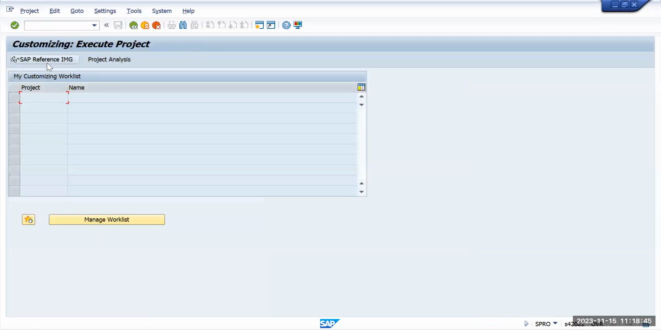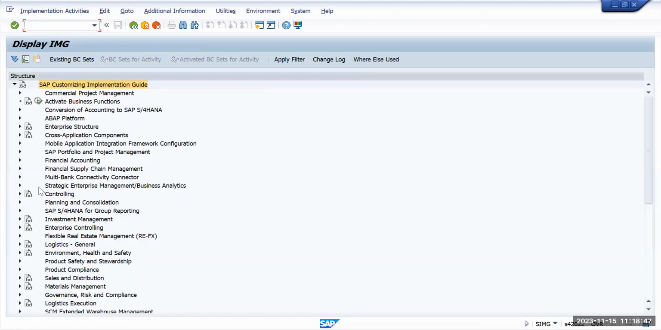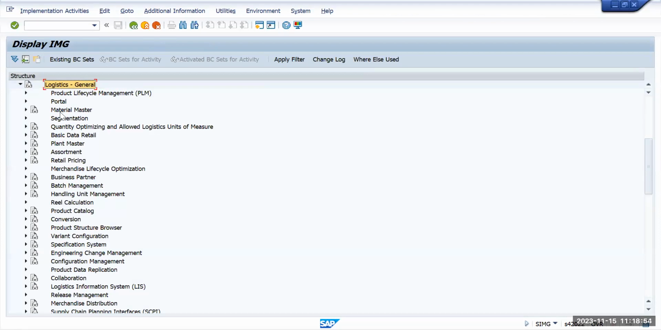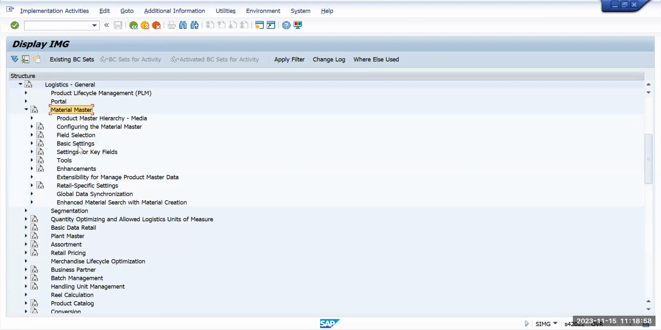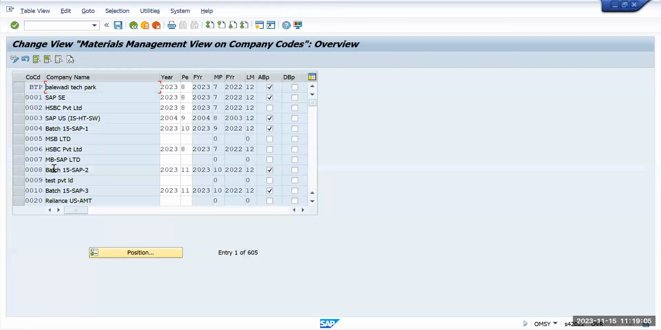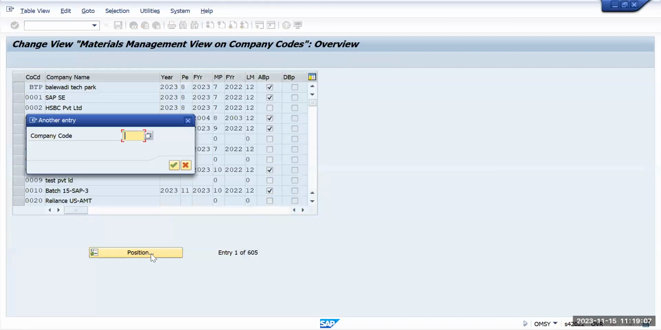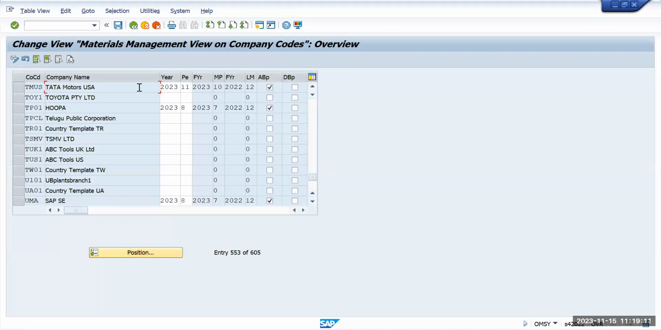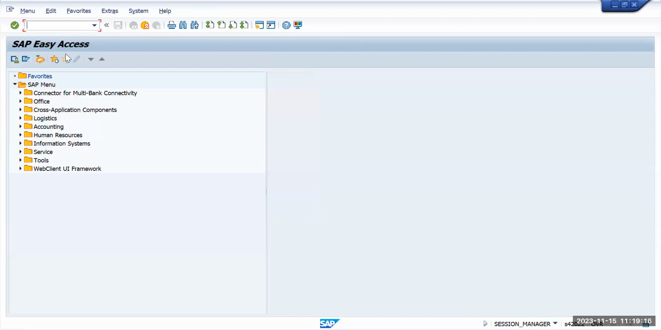So go to SAP reference IMG, financial logistic general. Under logistic general, go to material master, basic settings. Under basic settings, maintain company code for material master and go to position Tata Motors US. So 11 has been opened. Let's go to